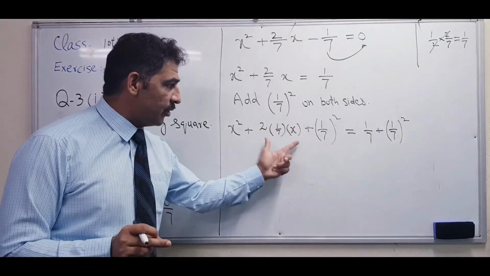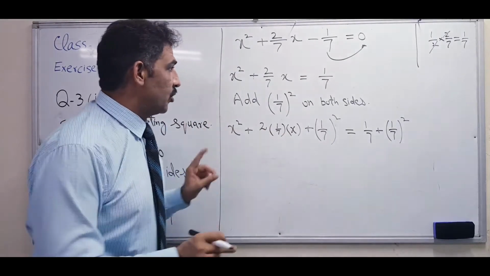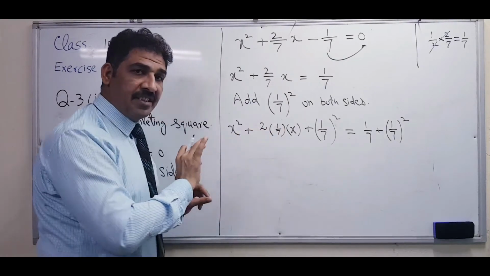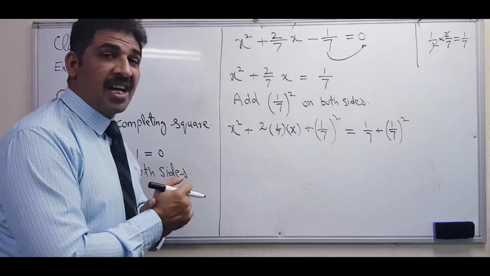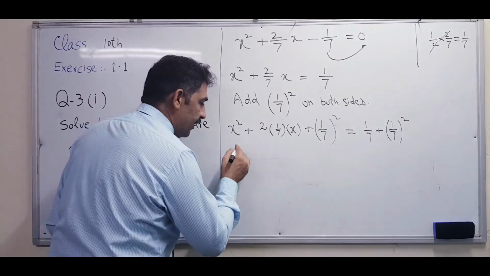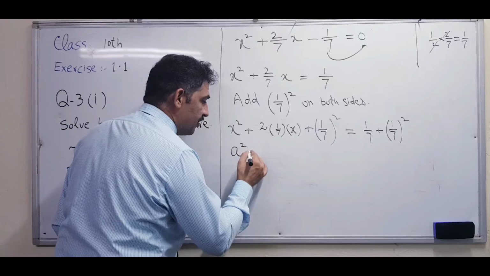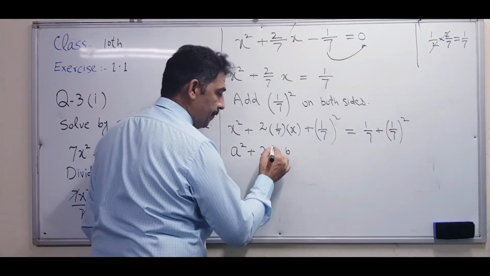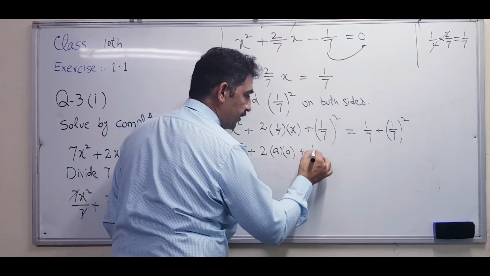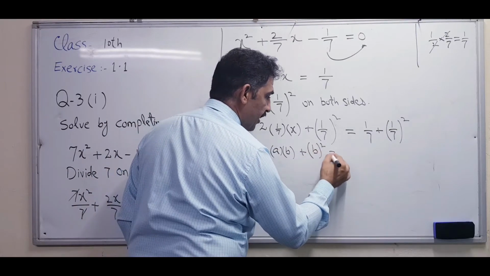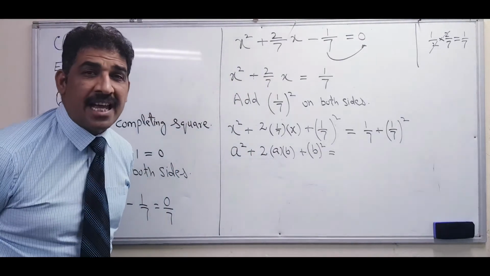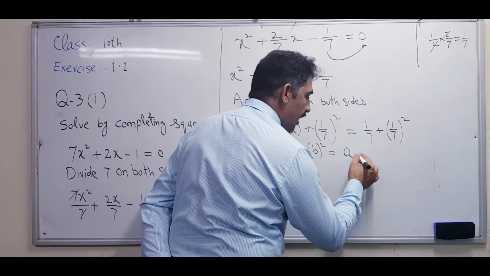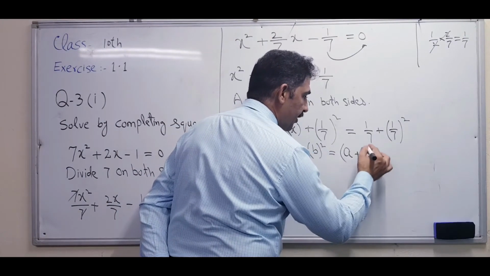This step, why I wrote it like that, now I will explain. This 2 by 7, why do I write 2 into 1 over 7? Because 2 ones are 2, 1 over 7, same meaning. But why do I write it like this? Because I want to make one perfect square. Check it, there is a perfect square: a square plus 2ab plus b square is equal to, what is that? Good, is equal to a plus b whole square.